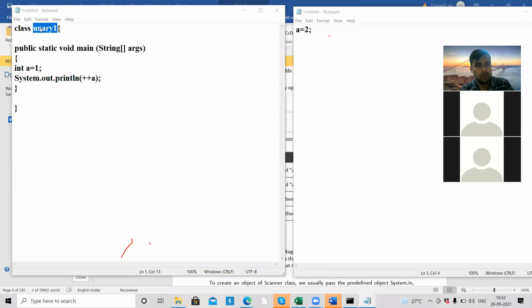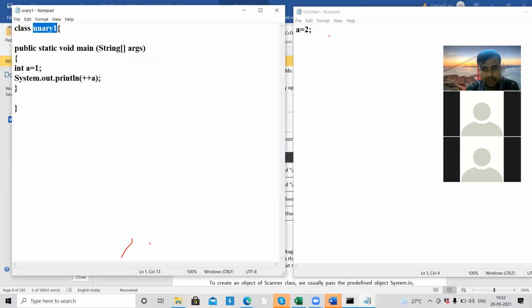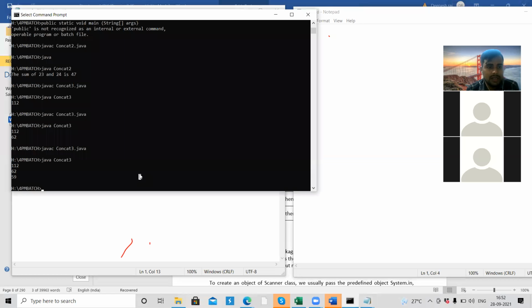Let's go and run it. Save with the same name, unary one, and run it. This is simple. Just ++a, we add 1 and it gets increased. It's very logical. Plus means first increase, then assign the new value to a, store the new value to a.